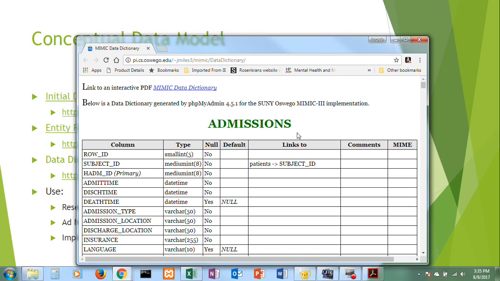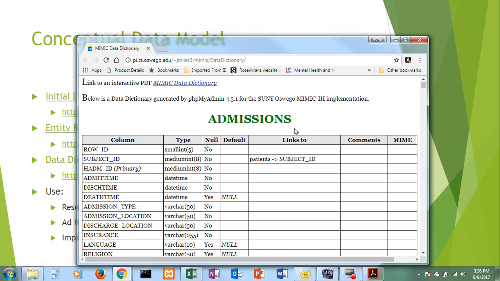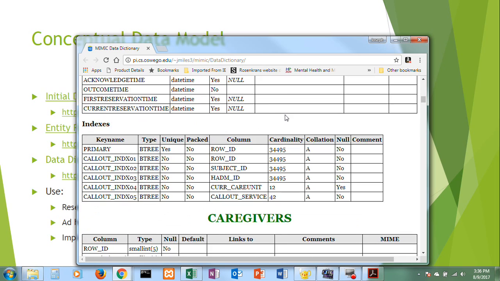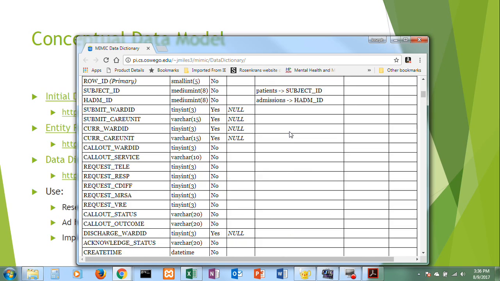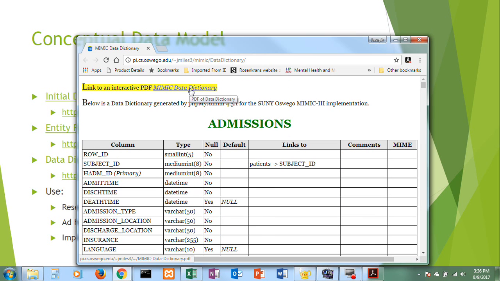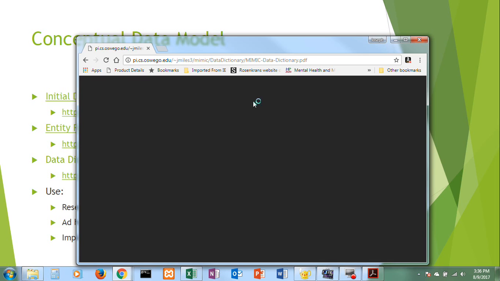So in my local test environment that I created for creating the Mimic3 database locally, I had it analyzed by phpMyAdmin, and so I got to compare what they show here and the links that were created to ensure that they matched my particular data dictionary, which can also be